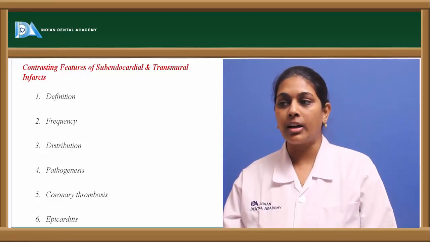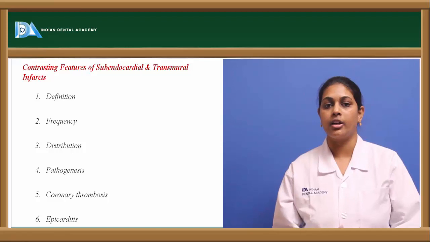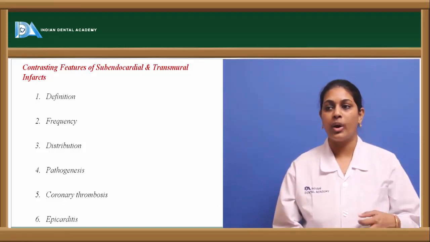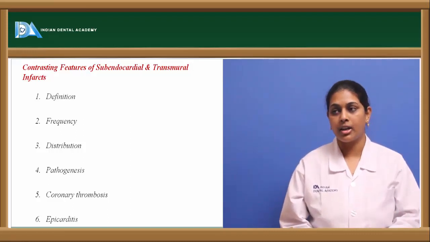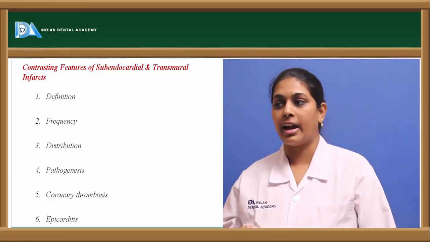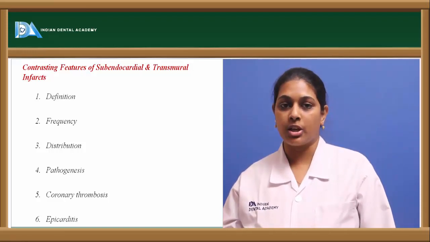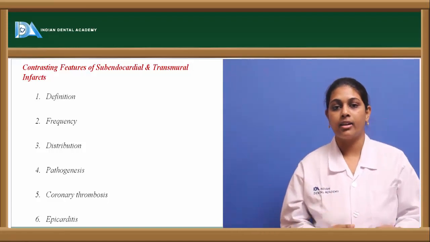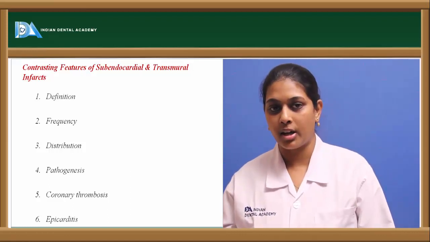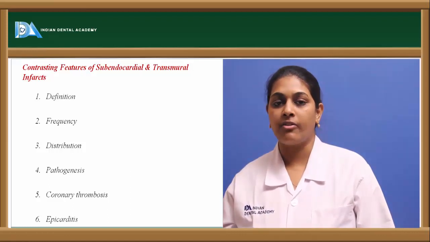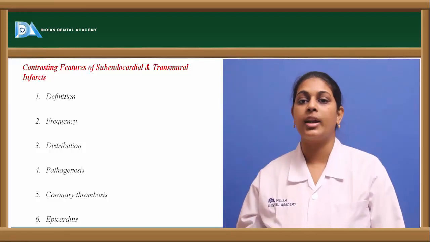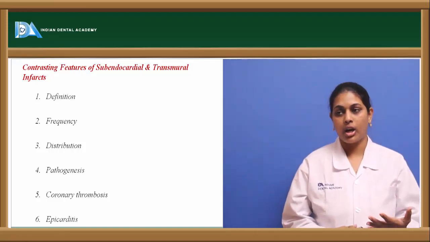A transmural infarct is a full thickness and solid infarct, which can be seen in acute myocardial infarction. Whereas the subendocardial infarct is usually a third to half of the wall thickness, and is usually patchy in appearance. Coming to the frequency, the transmural infarct is the most frequently occurring infarct when compared to the subendocardial infarct; it occurs in 95% of acute myocardial infarctions, whereas the subendocardial is less